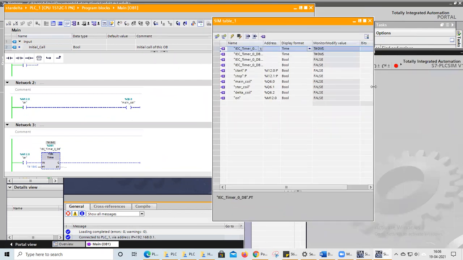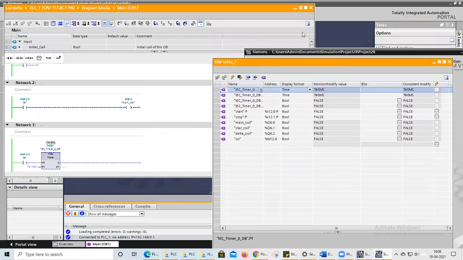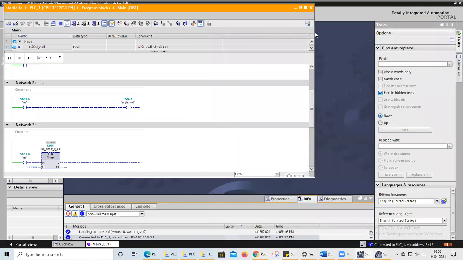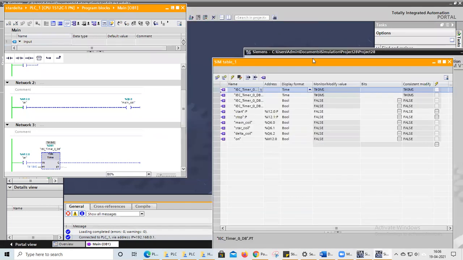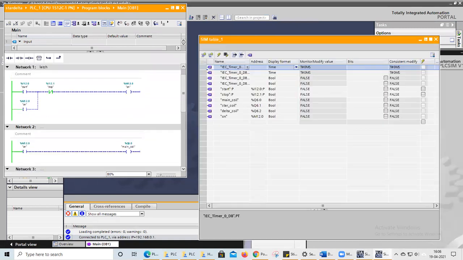I think everyone knows regarding the latch circuit, no good explanation is required regarding latch. So I'm starting my circuit here, you can see.